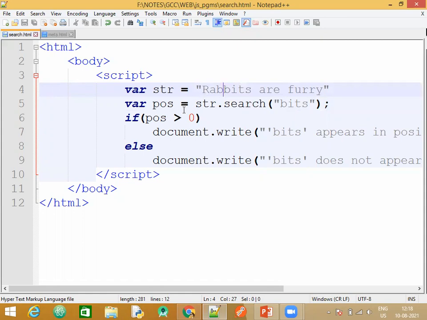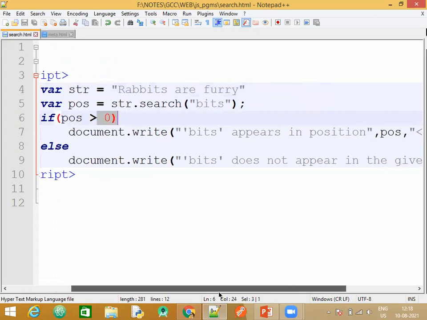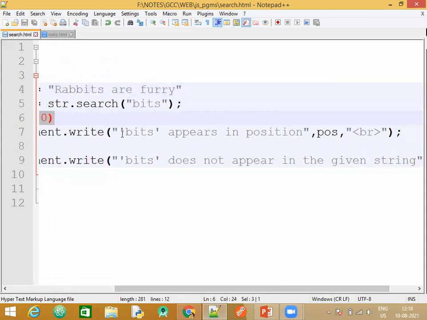So now what I have said is the position is going to be stored in this variable, and if the position is greater than 0, because why greater than 0? Indexing starts from 0 and increases. Negative indexing is not there. So if it is greater than 0, it means you have already found that particular string. So here I am displaying bits appears in position.